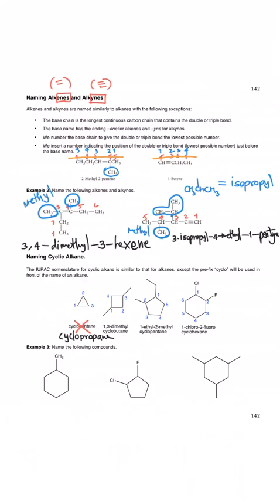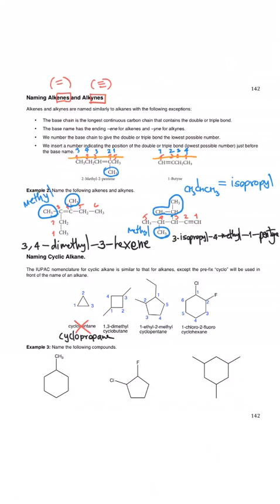Now, what if we have a substituent group attached to it? This is the same thing that we did earlier. You just need to number the carbons within the cyclic ring first, and then look at the attachments. So in this case, the attachments are on carbon number 1 and 3, so it would be 1,3 dash, and these 2 groups are methyl groups, so it would be dimethyl, followed by cyclo, describing the ring structure, and because there are 4 carbons it would be butane. Okay, so now what about this one? The ring structure contains 5 carbons, therefore the name would be cyclopentane, and